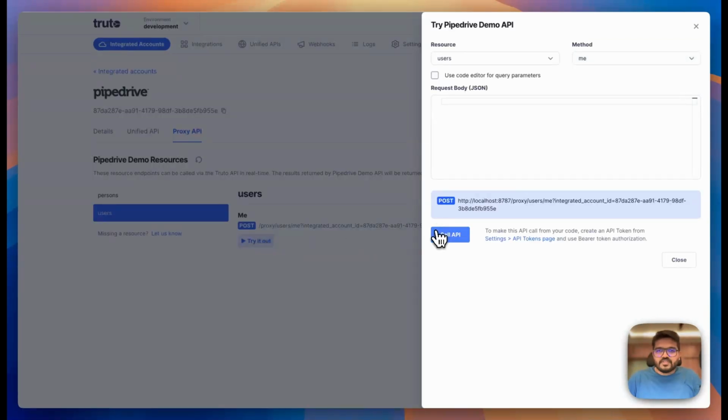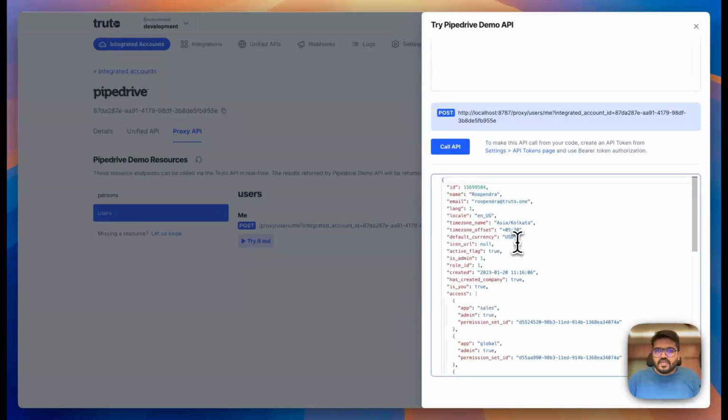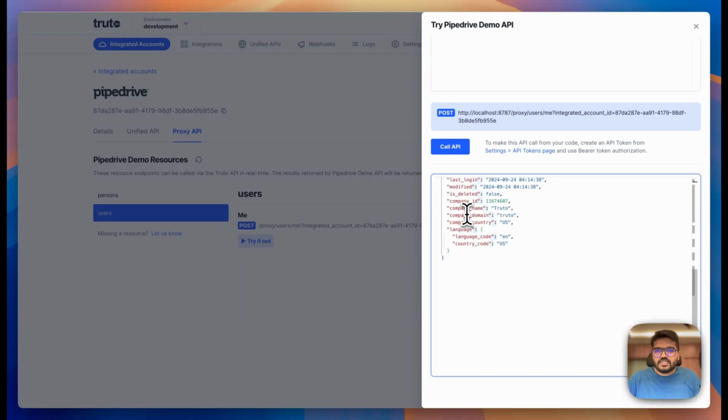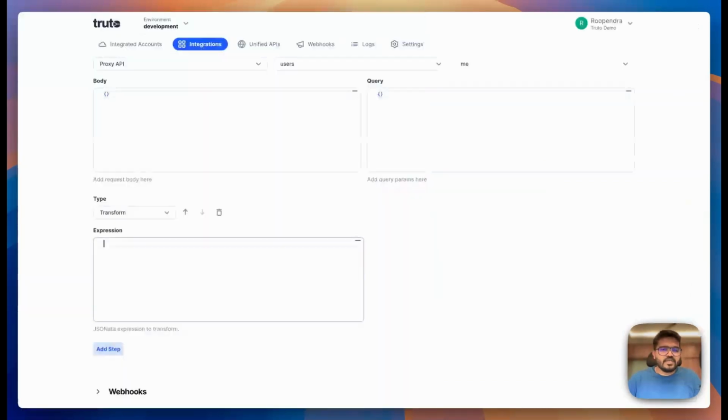So if I call this again, we are getting this data. The attributes are name and company name, right? So I'm just going to go here and I'm going to return an object called label. So I'm going to say $.name, and I'm just going to add a pipe operator, and I'm going to say $.company name, right? Now we have transformed the response from this request into this format, and then I'm going to